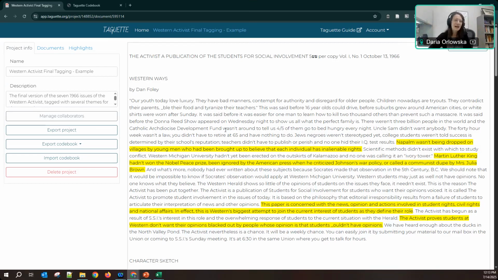And also, I've been asked, Daria, Taget has such low functionality. It's going to be so tedious to find all the things I'm looking for. I'm looking for so many things, and it could show up 50 times within the document. Is there a way to automatically code it? No, unfortunately. Taget is a very basic piece of software. It will get you in and out, right?